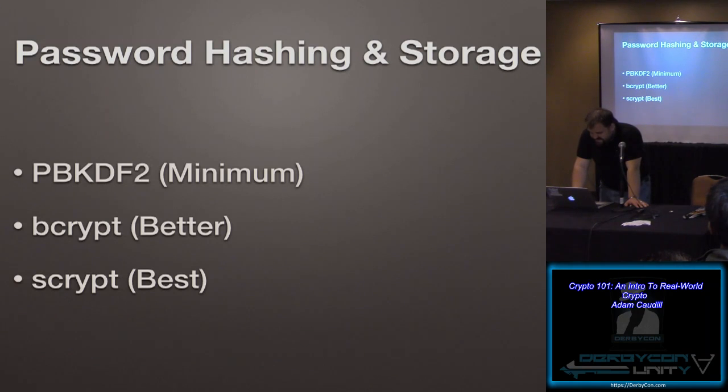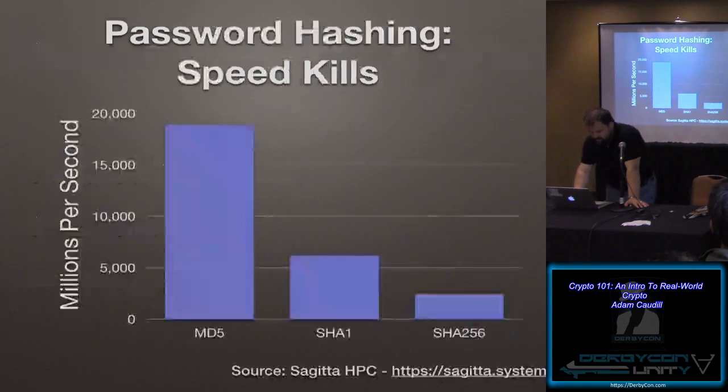The big thing to take away from this one is you've got to find a balance with this stuff, because if you go something like scrypt with the top parameters, it will bring your servers to an absolute crawl. So finding the balance on how to protect passwords is tricky. I'm sure all of you know speed kills when it comes to password hashing.